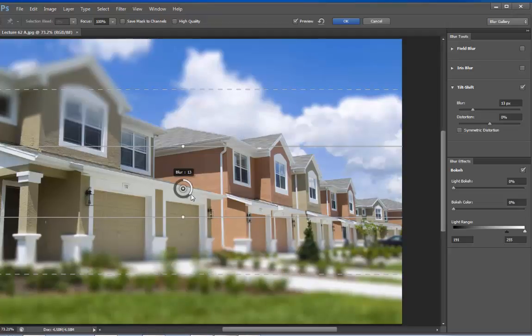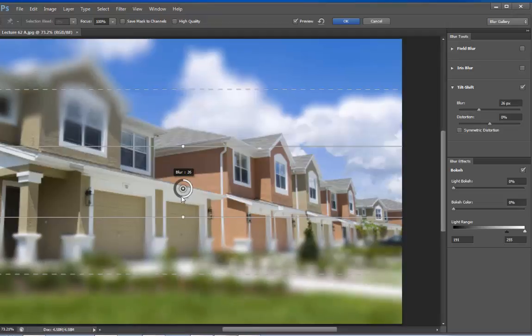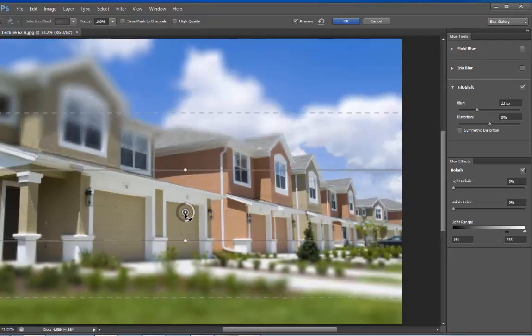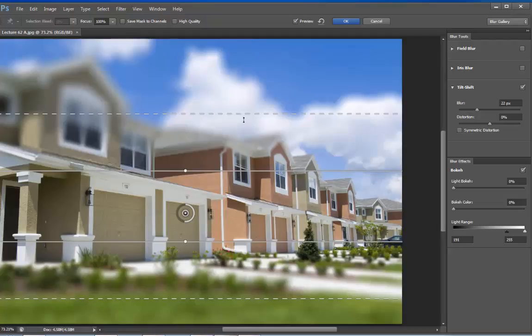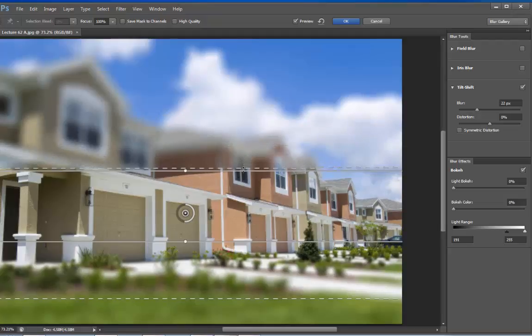If I increase the amount of blur, you can see the transition between the sharp pixels and the blur. Let me move it down a bit to see the effect. Yes, these are the sharp pixels and gradually they are getting blurred. Now as we start to collapse these together, we get a rapid blur.